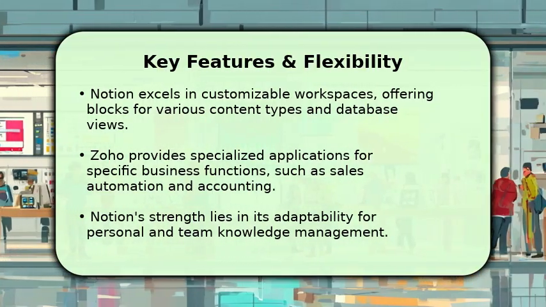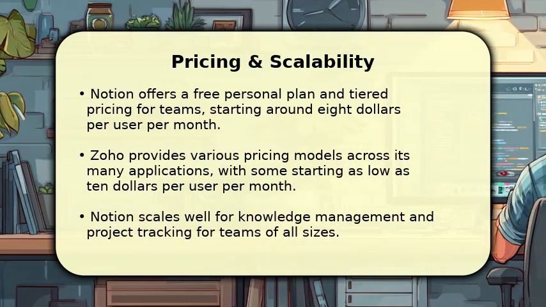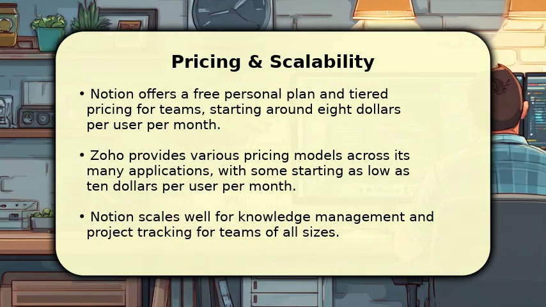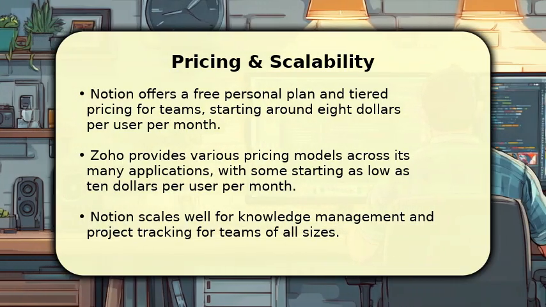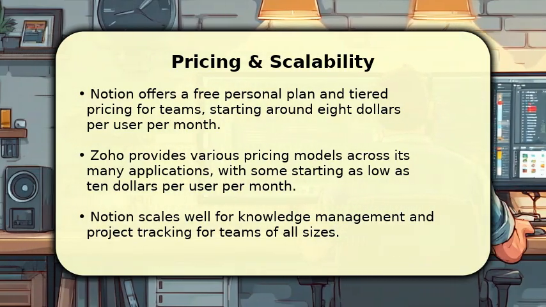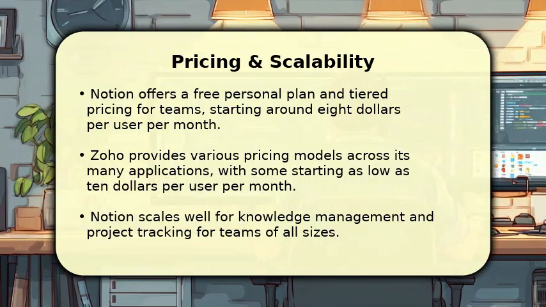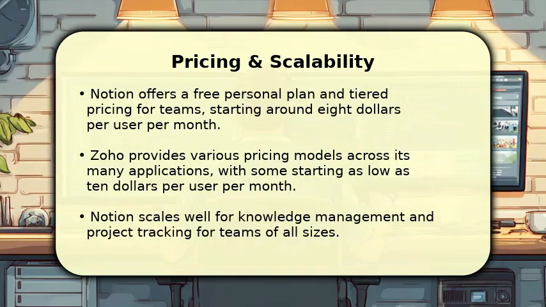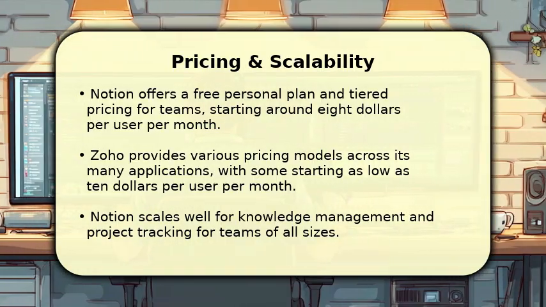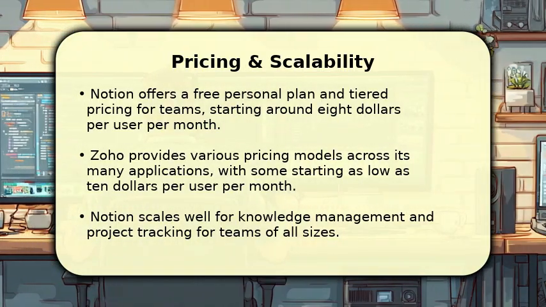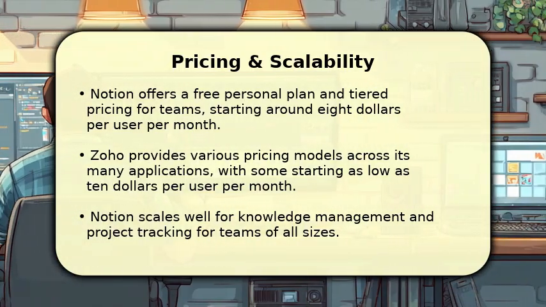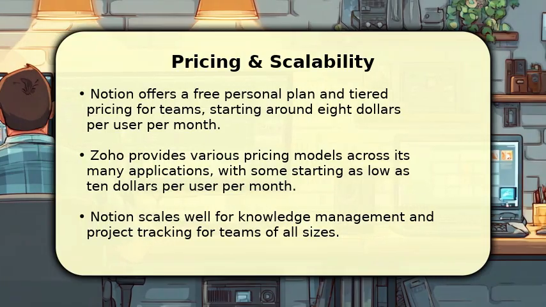efficiency across departments. Notion offers a free personal plan and team pricing starting around $8 per user per month, making it accessible for various budgets. Zoho presents diverse pricing models across its many applications, with some starting as low as $10 per user per month. Notion scales effectively for knowledge bases and project management, while Zoho's extensive suite supports growing businesses needing integrated solutions for